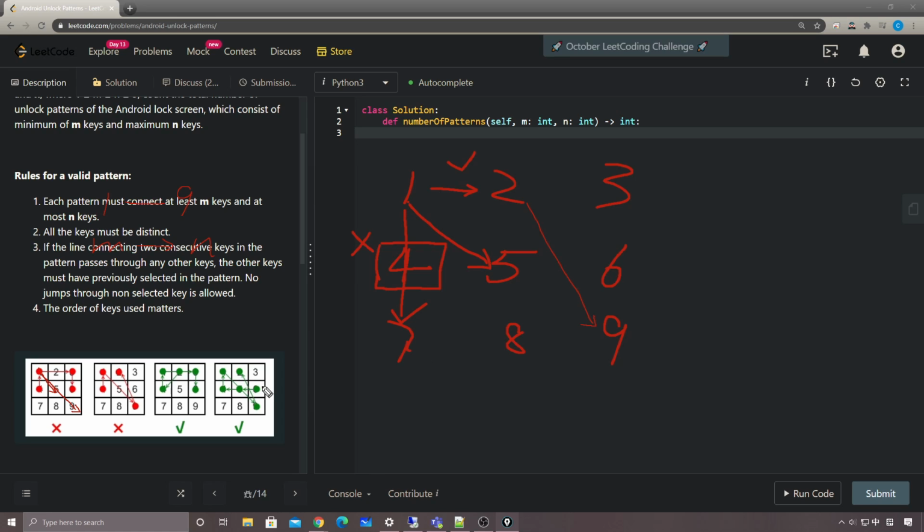The reason is that, I think this problem didn't tell us very clearly, only the center point of each key here, right? Only when you pass through the center point of this square